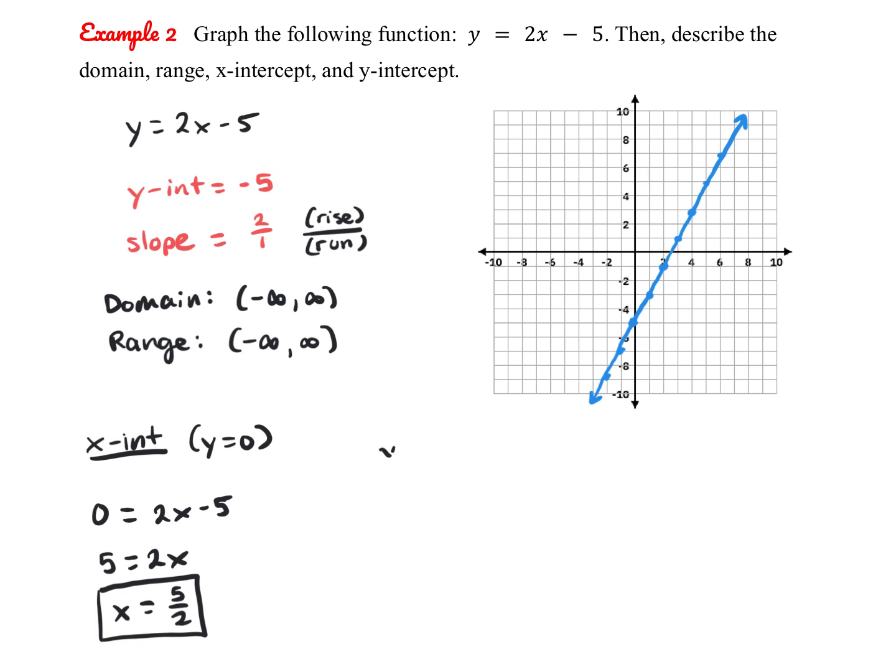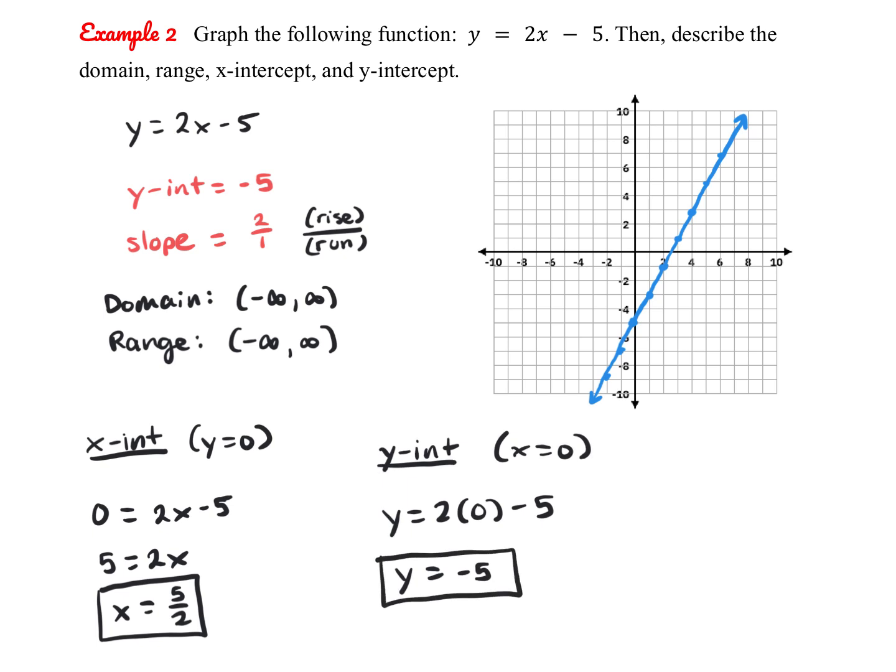And then for a y-intercept, the way you find a y-intercept is you set x equal to 0. So I'm going to substitute x with 0 in my equation. So 2 times 0 minus 5. And then I'm going to simplify and I get y equals negative 5, which we already knew was our y-intercept,